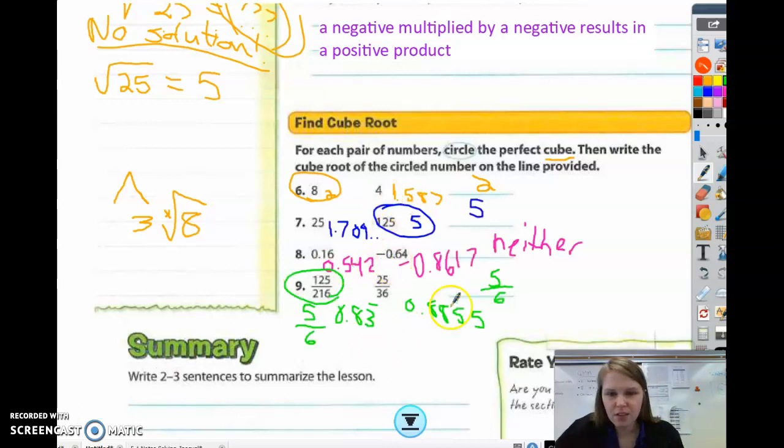Alright, here's what I got for the last 3. For number 7, this one ended up even. For number 8, neither one ended up as even when I did the cube root, so I put neither. This one is a perfect square, except it's got a negative, so you can't do that. Anyway, the last one I got this. Let me know if you got